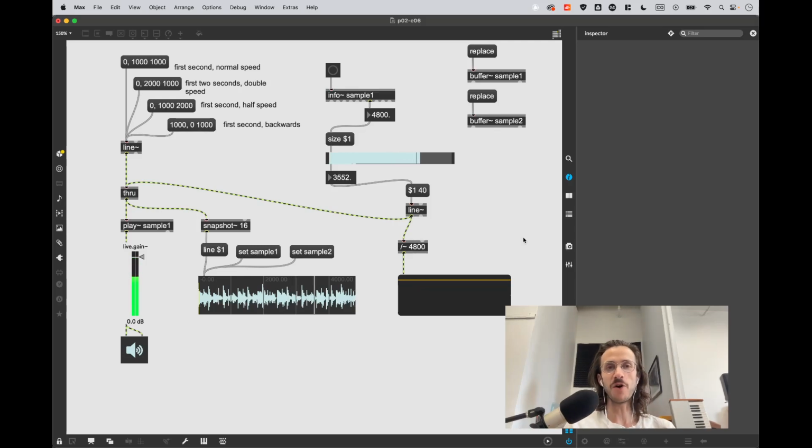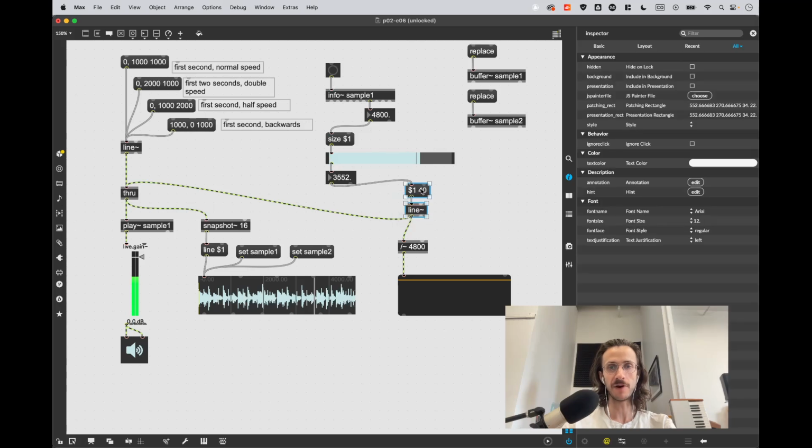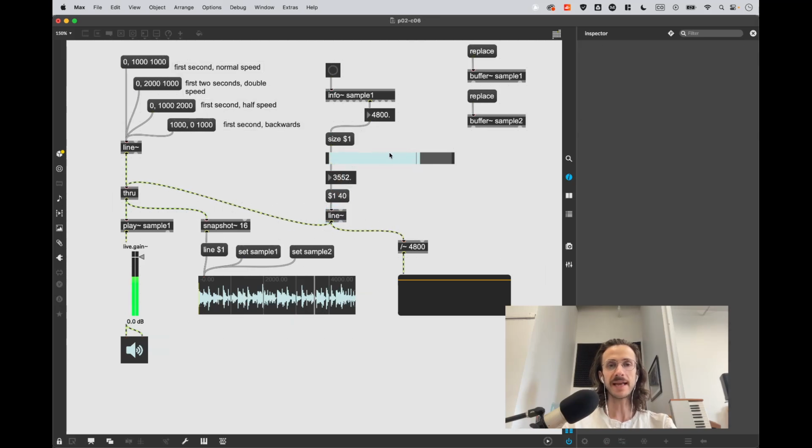As I scrub forward, you can hear that we're able to audition what's going on in the sound file a little bit better. Although, without going too deep into how to build a better scrubber, it's not quite as clean as you might expect if you work with some kind of application that lets you preview audio files by scrubbing through the audio file. But in any case, you could even imagine,